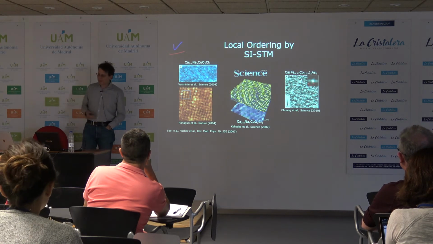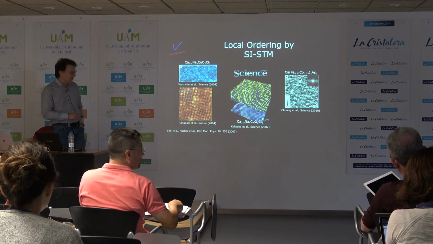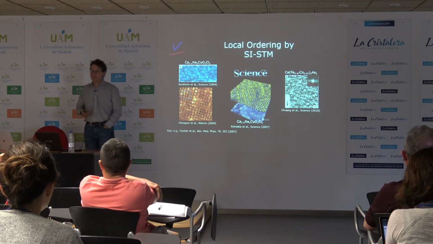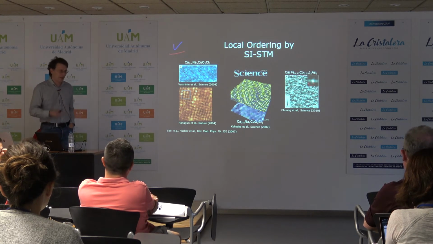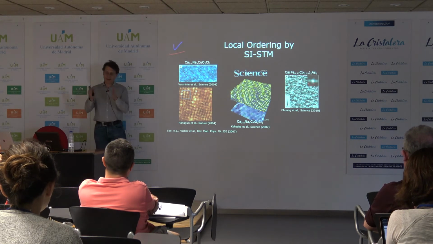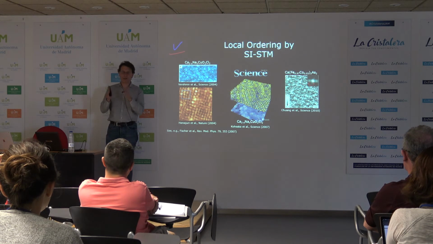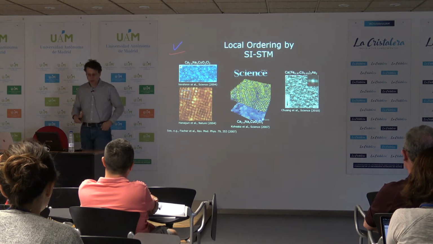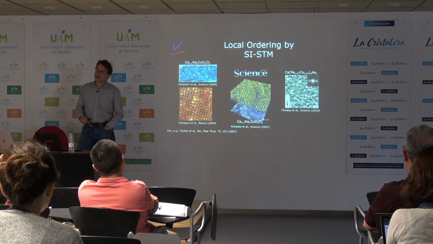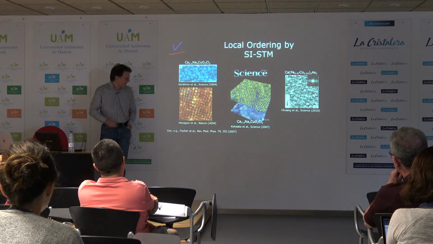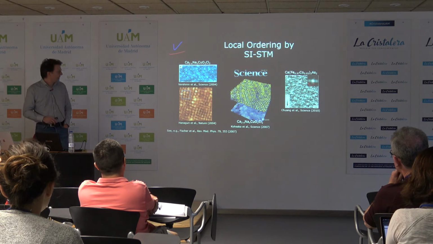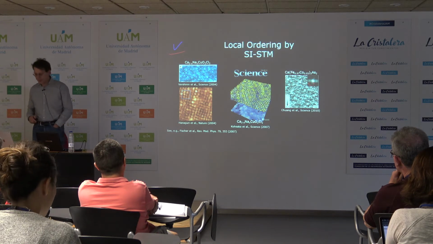And one of the obvious questions is, if you see this kind of charge order, there's been a lot of speculation whether it is actually accompanied by magnetic order. Because there have been predictions that in these materials you would get a periodicity of 4 unit cells of a spin charge separated order. And I think that's still one of the outstanding questions, whether there is actually magnetic order underneath these structures. And that's one of the reasons why it's of interest to use spin-polarized STM to study these kinds